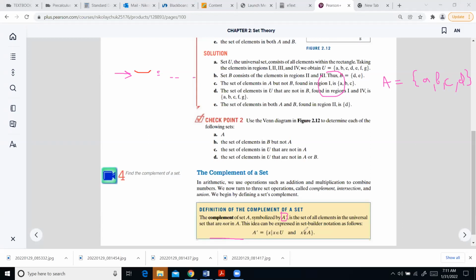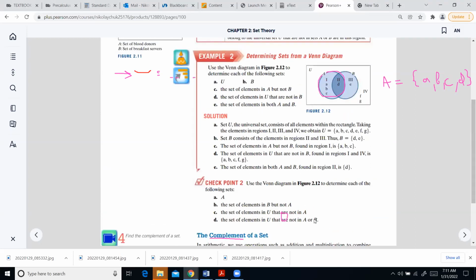So it's a set of all elements that are not in A. So for example, if I want to look at my previous case and think of what A complement is going to contain, well, if you imagine a picture that looks like that, everything that is not in set A, and this will be E, F, and G,